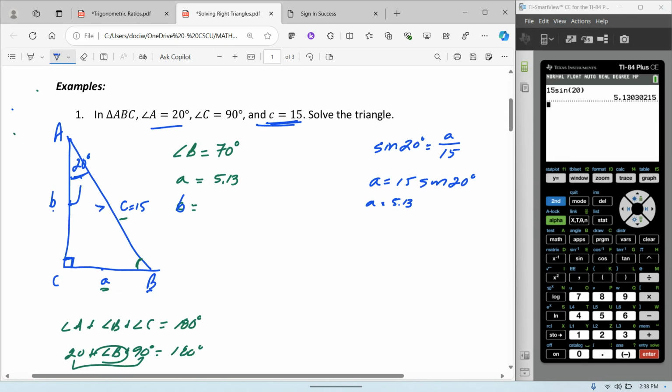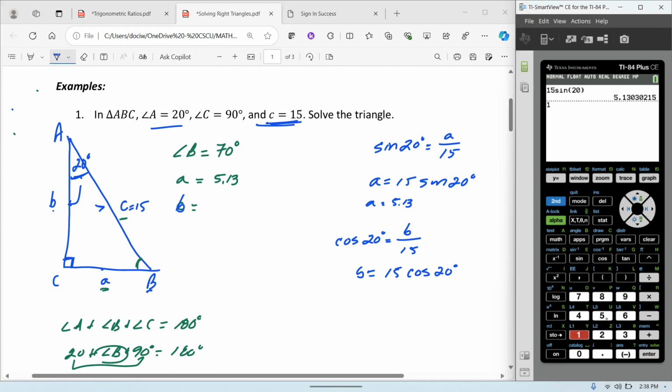C is still the hypotenuse. So the cosine of 20 degrees is the adjacent leg B divided by the hypotenuse of 15. So B is equal to 15 times the cosine of 20 degrees. Okay. Now there's a couple of options here with the calculator I'll show you. First of all, I could just do 15 times the cosine of 20 degrees and get my B value of